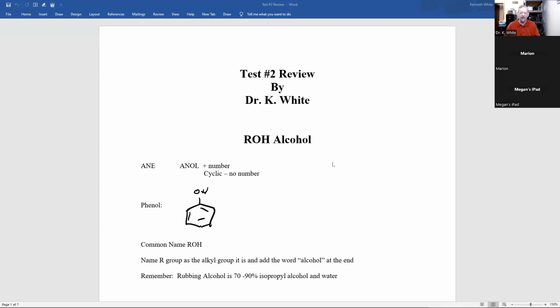All right, alcohols: an R group with OH, hydroxyl, alcohol. How do you name them? You find the longest chain or ring, and you name it as an alkane or cycloalkane. Drop the E at the end. For acyclic, you need a number. OL is there and then a number. Remember, functional groups always get the lowest number. For a ring, no number, when that's the only functional group in a ring, which is how it will be in my class. The hydroxyl group carbon in a ring is always number 1.